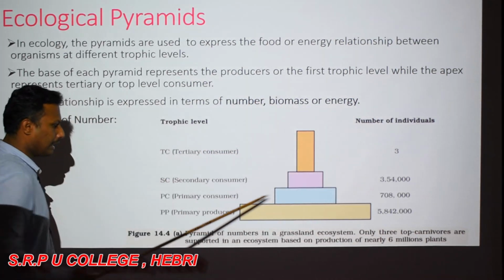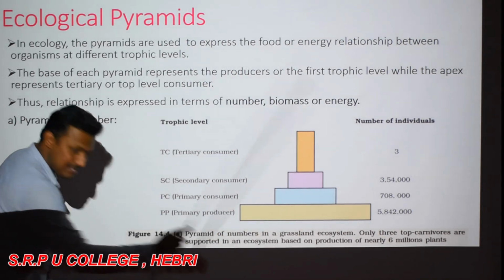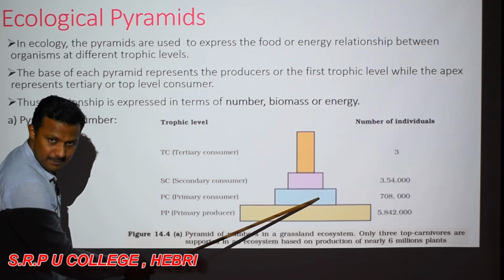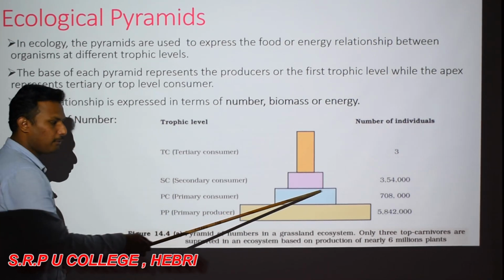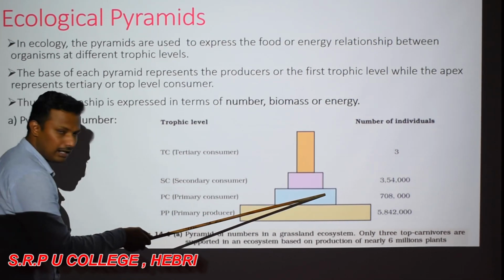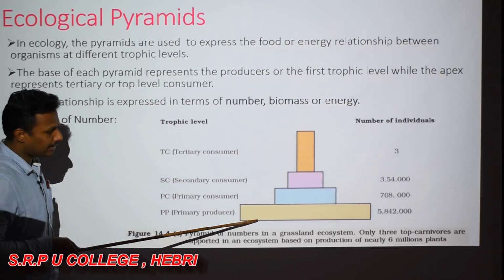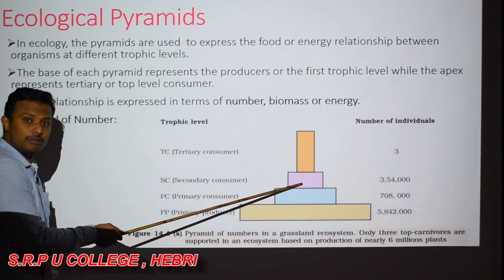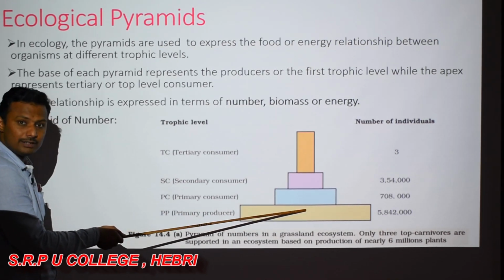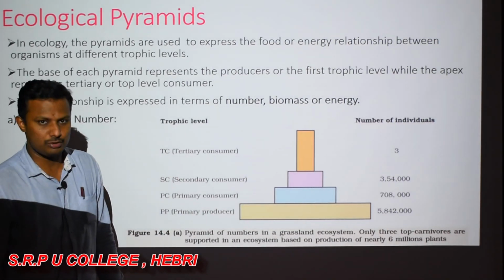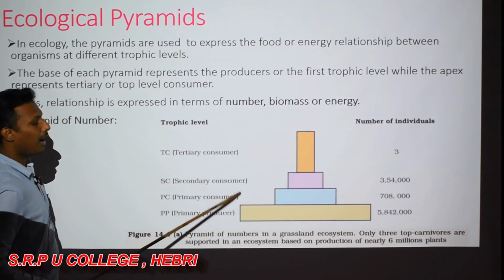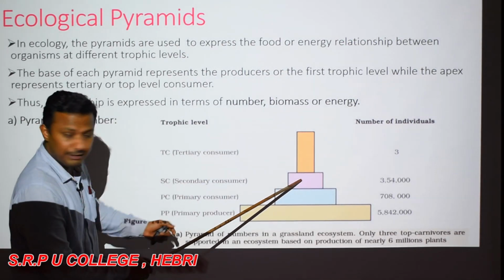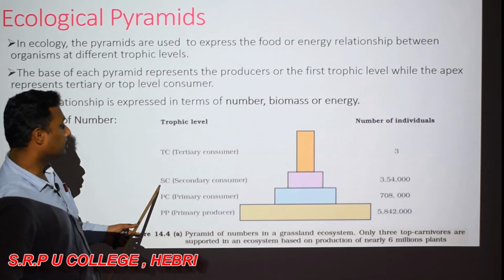So you can consider this as the grass, and the small insects feeding upon that grass, or maybe herbivorous animals. You can consider this as the grass and this as the rabbit. The number of rabbits is less than the number of grass plants, obviously. Yes or no? And the number of animals feeding upon that rabbit, that means those secondary